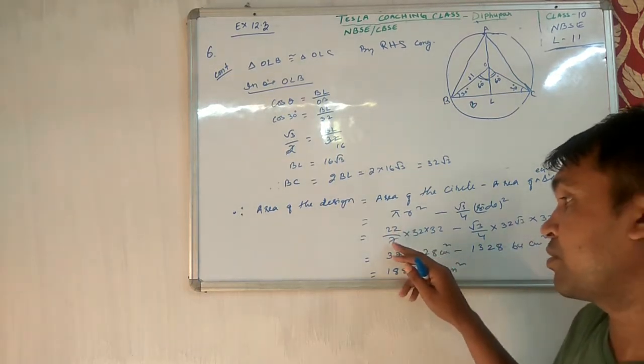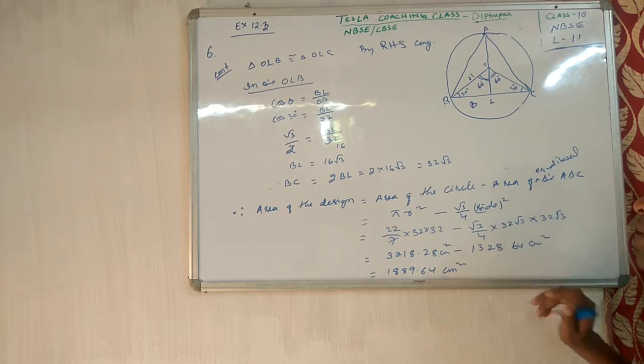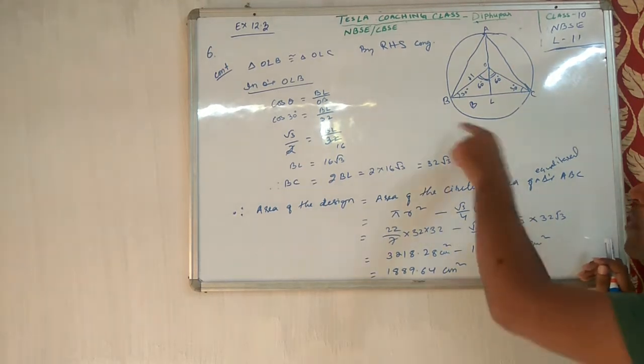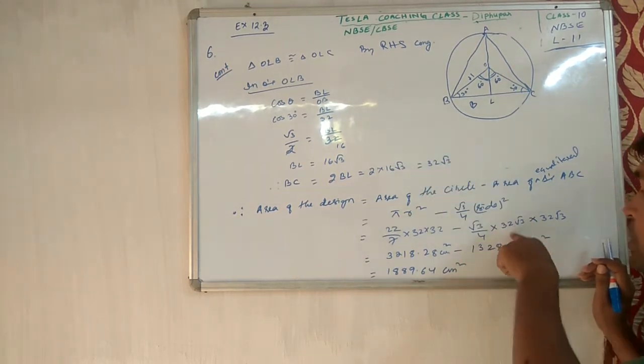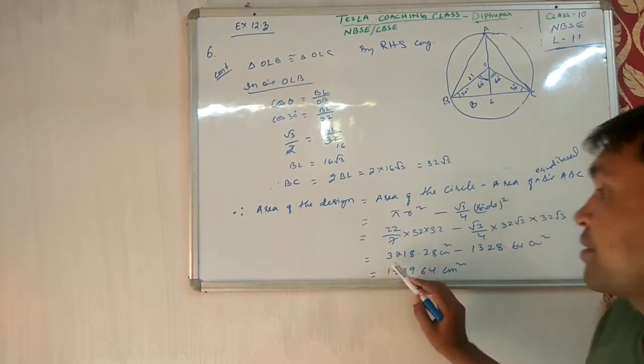So pi value is how much? 22 by 7 into 32 square, minus root 3 by 4 into side squared. The side is how much? We got the value 32 root 3. So 32 root 3 into 32 root 3. So if you multiply and divide it, you will get